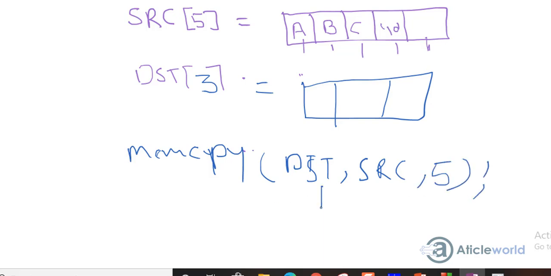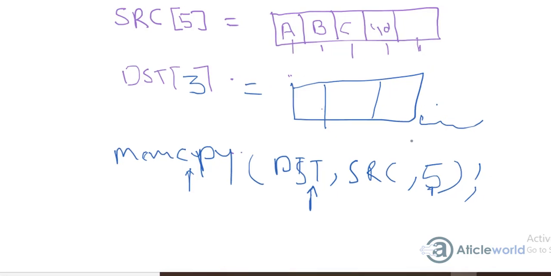Because the size of the destination buffer is small, your memcpy function will access the array beyond the boundary, so you will get undefined behavior. So the destination buffer size must always be greater than the number of bytes which you want to copy. So this is the first point.